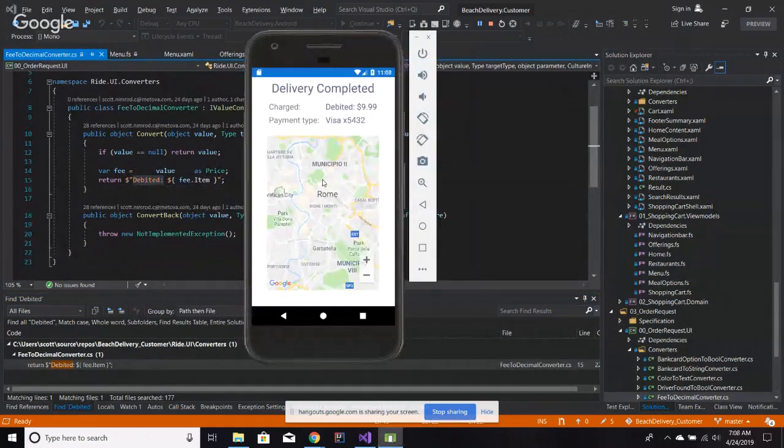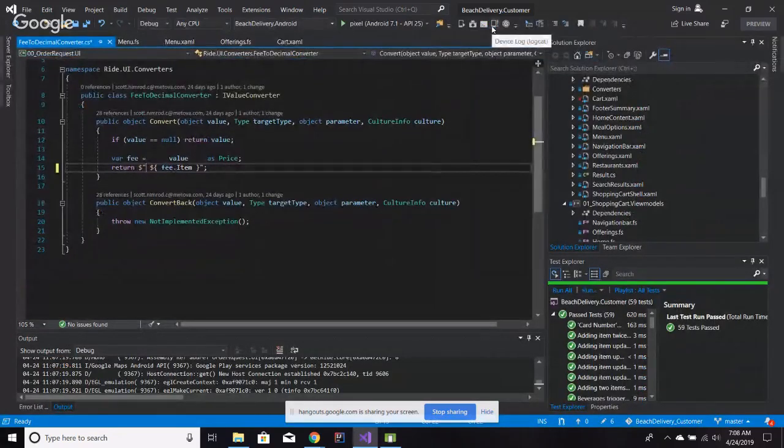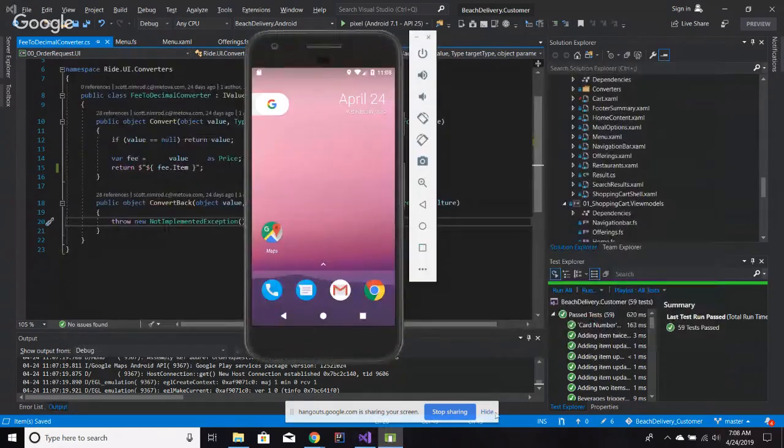But essentially, that's what the app is. And so, what I would like to do is maybe something like that. What I would like to do is